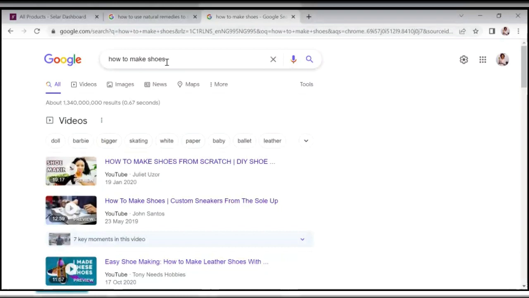I said, how to make shoes. That's your keyword. As somebody who makes footwear, your business keyword is how to make shoes. That's one keyword. Of course, there are several, but this is one. But can you see? These are the same things I found. Can you see what's happening? Somebody on YouTube already has a video on how to make shoes from scratch. That's with all your raw materials and everything.